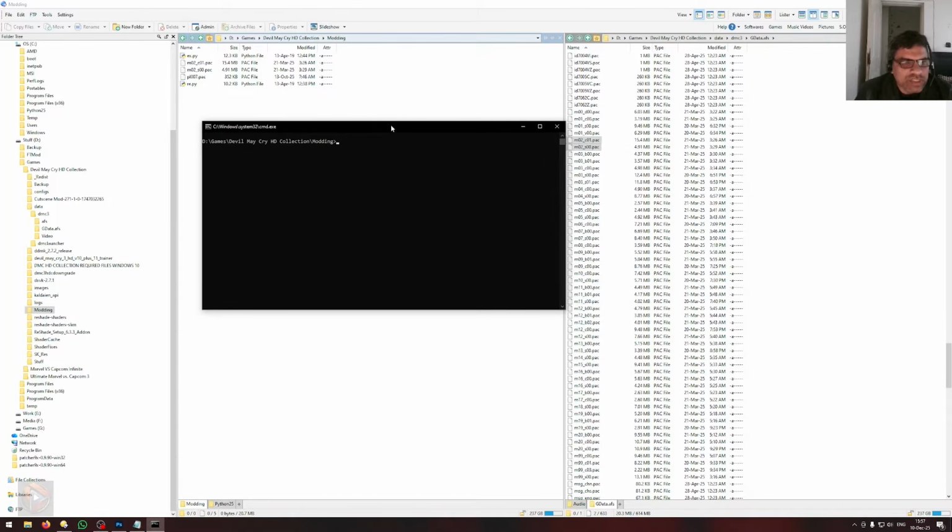And now we need to run the command ex.py, press space, and then type in the file name. So I'm going to start with the first one, m02, and then we have an underscore c01 dot pac, and that's it. Press enter,